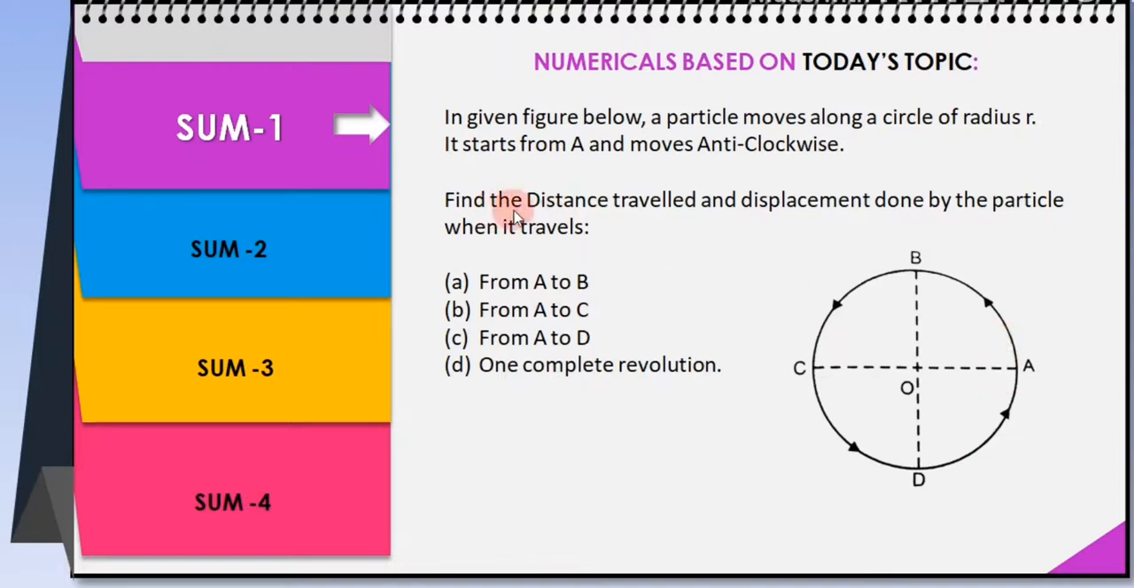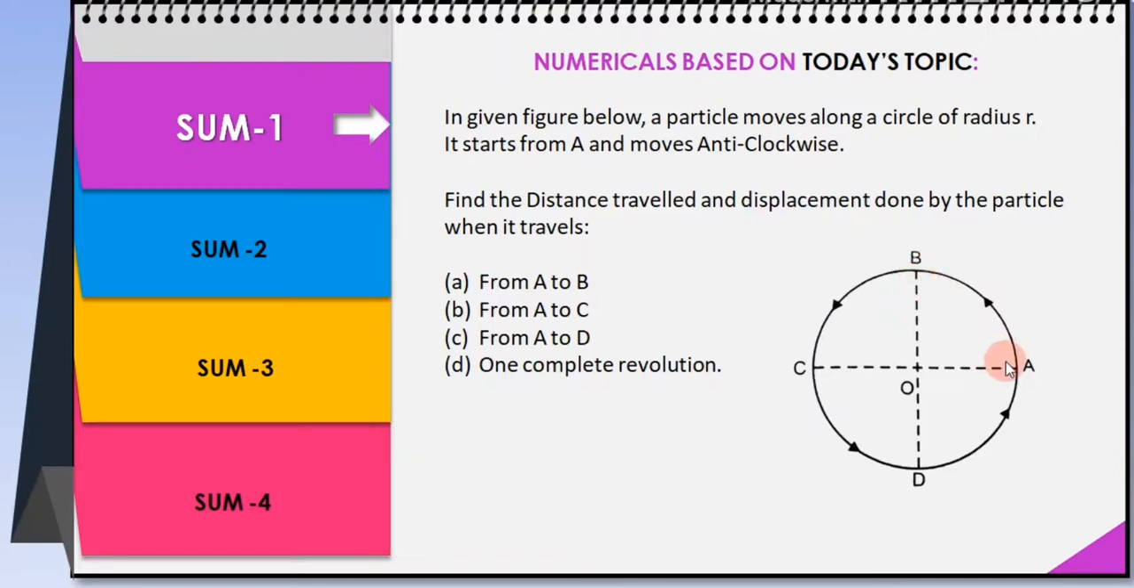Now you have to find out the distance traveled and the displacement done by the particle when it travels first from A to B, then A to C, A to D and one complete revolution. Right? So four cases and in each case you have to find out the distance traveled and displacement done. So I will give you a hint for A to B. If you see from A to B,